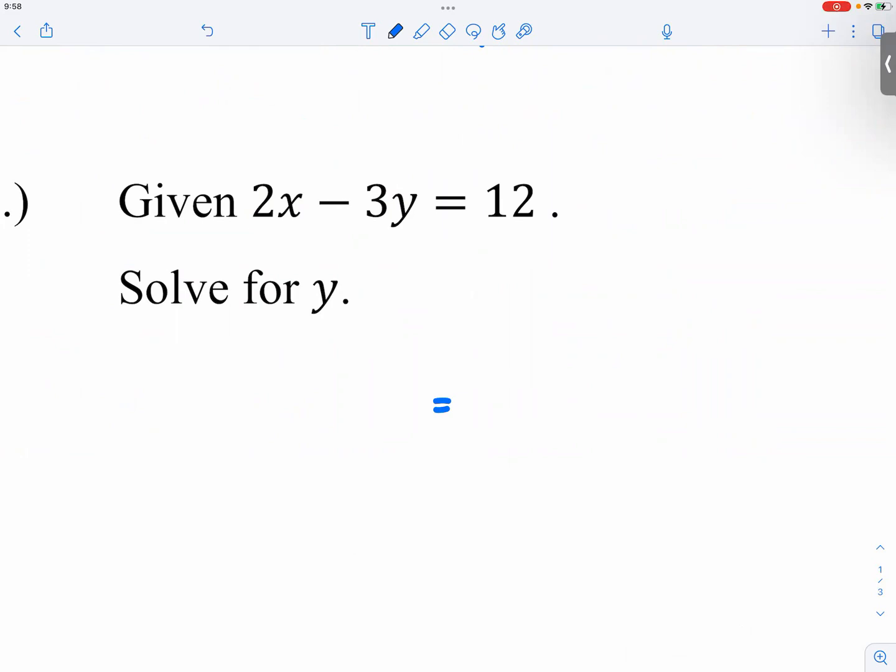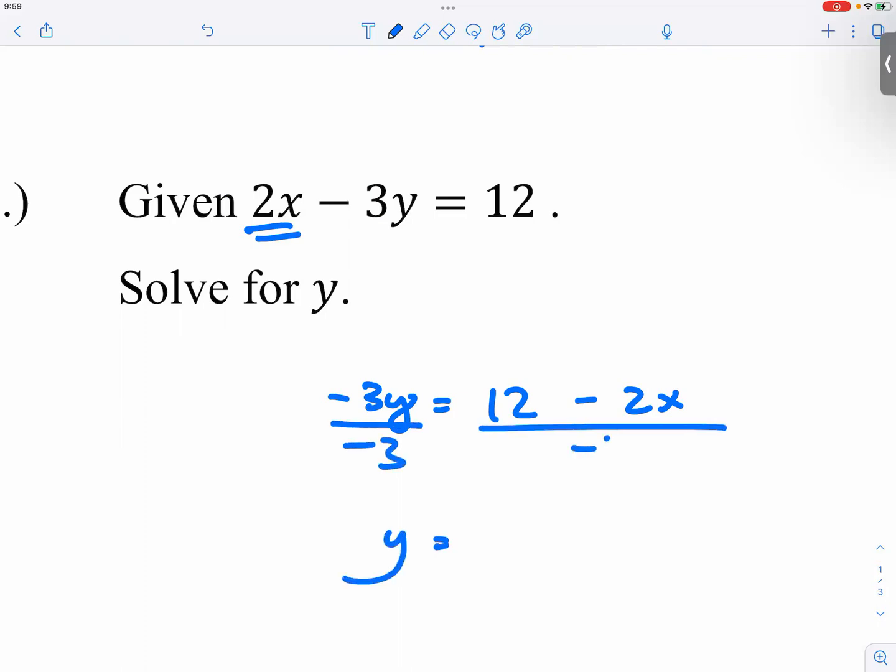2x, right? It's like peeling an onion. This is the core of the onion, so you want to do it from the outside and then inward. So we say, all right, get rid of this first by subtracting. And then what do we do? To get rid of -3, we need to divide by -3. So divide by -3 on both sides. So we have